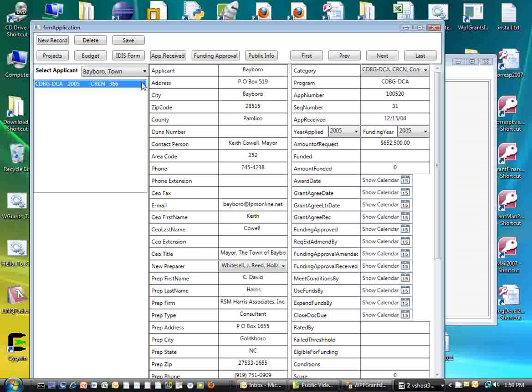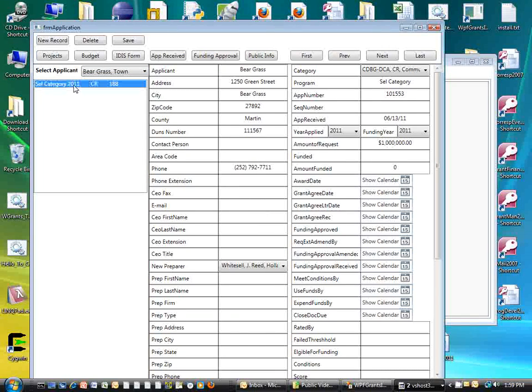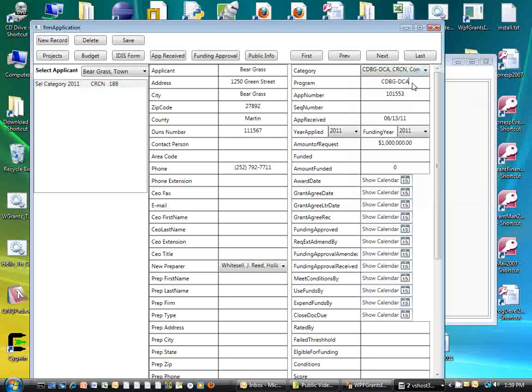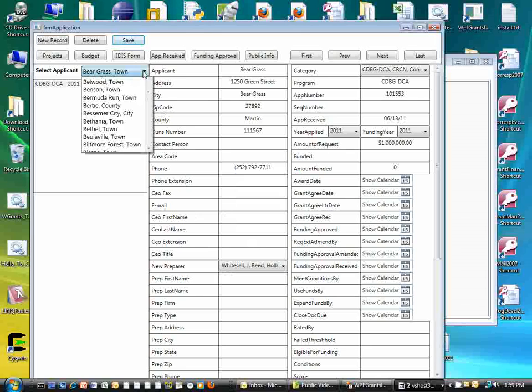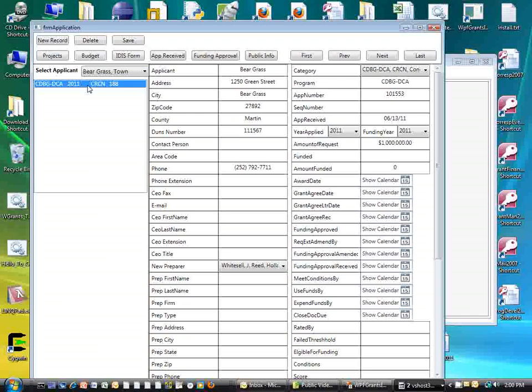The next thing we will do is we got the basic application set up. I'm sorry, we went to Bayboro. Okay, program, select the category. Okay, that should save. Okay, now let's go back and come back and make sure it did it like it's supposed to. Bear Grass, the town, there you go. It's in there like it's supposed to be. Now, the next thing we'll do is we got the money in, we got the basic application set up, we've saved it,